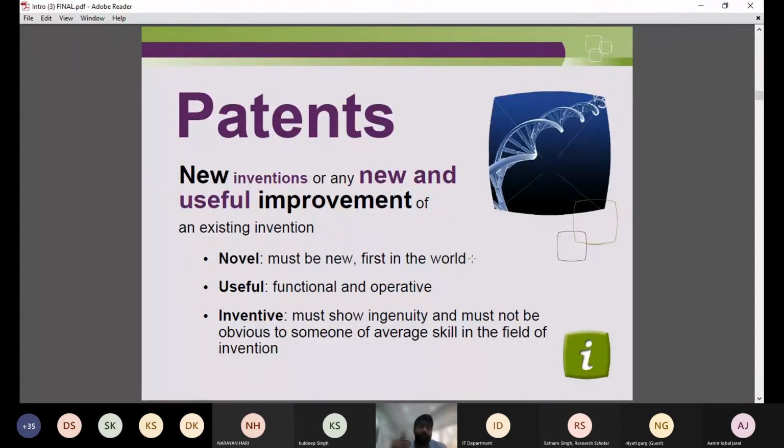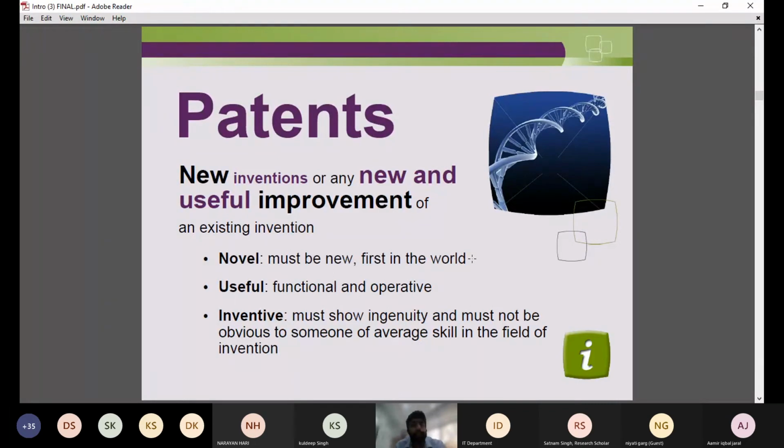Why? Because every time some inventor or other is trying to solve a problem in the existing technology, and with every new solution a patent came into the picture. Patent means a new technology came into the picture which is protected by a patent right. So you can see the problem around yourself which you want to solve, or you can take help from your technical friends, from friends with an engineering or science background, or maybe some MBA friend. Your MBA friends can also help you in solving some of the other problems, right?